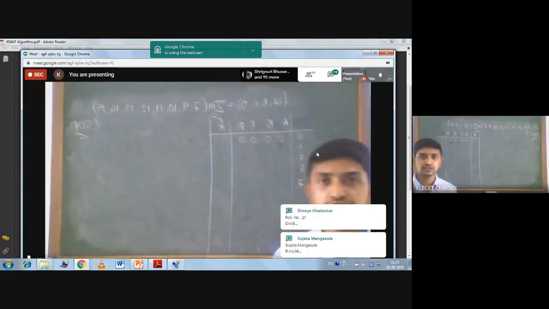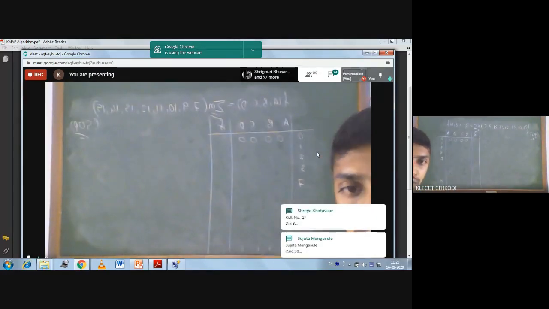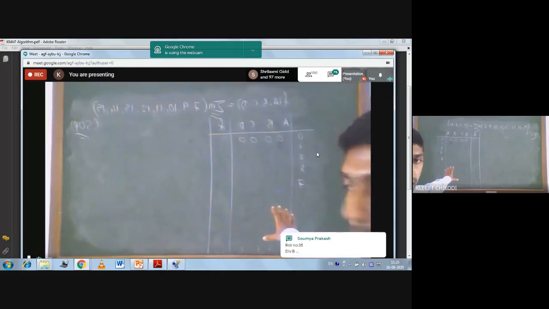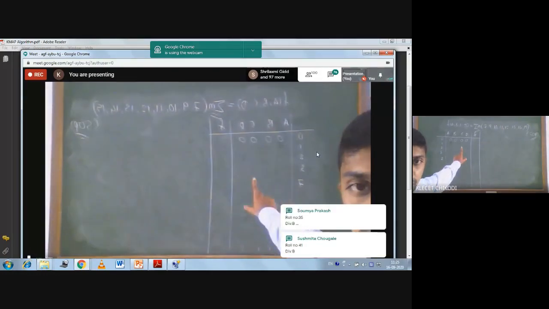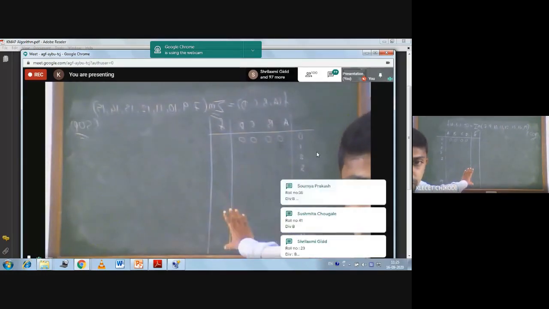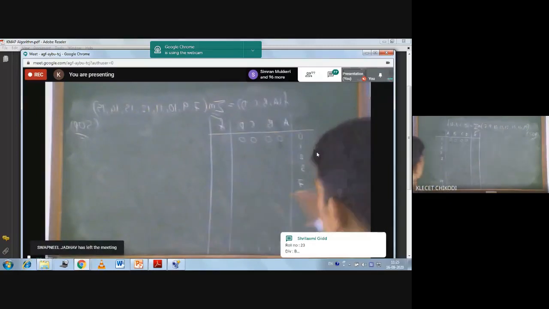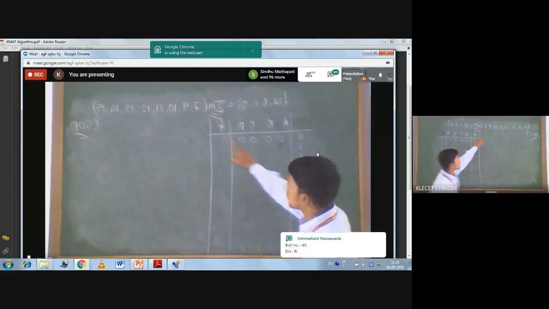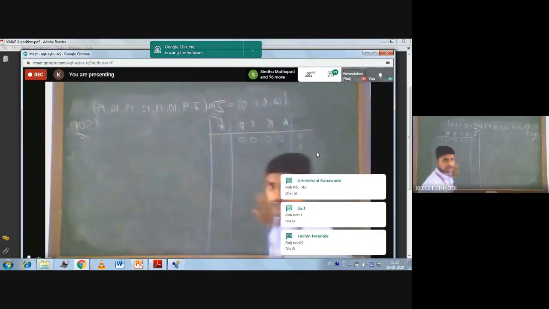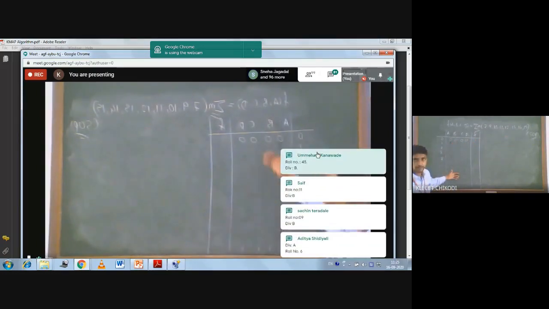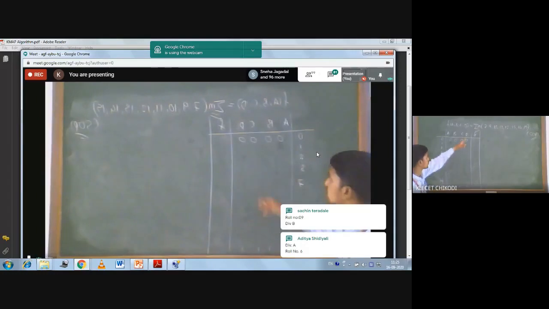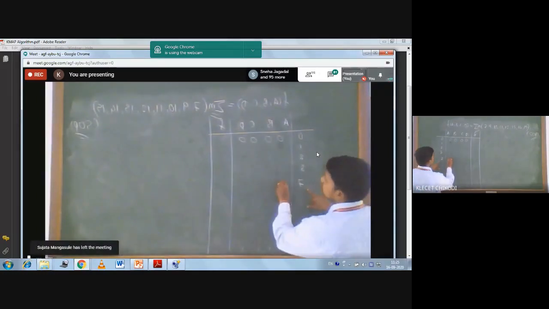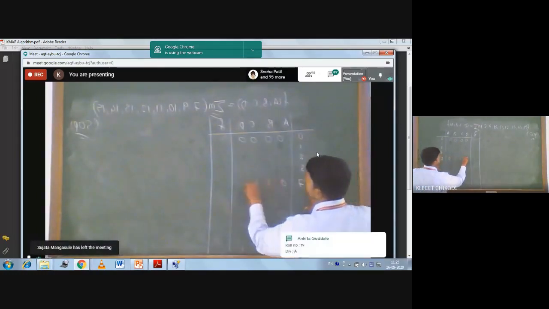I have told you how to write an input combination for 4 variables in the previous classes. So I will directly write here whatever values are present. Remaining values you have to fill up in this truth table. So 7 is 0, 1, 1, 1.